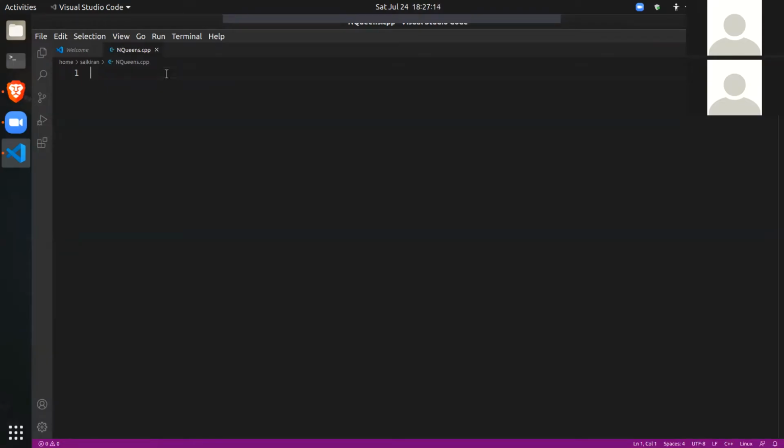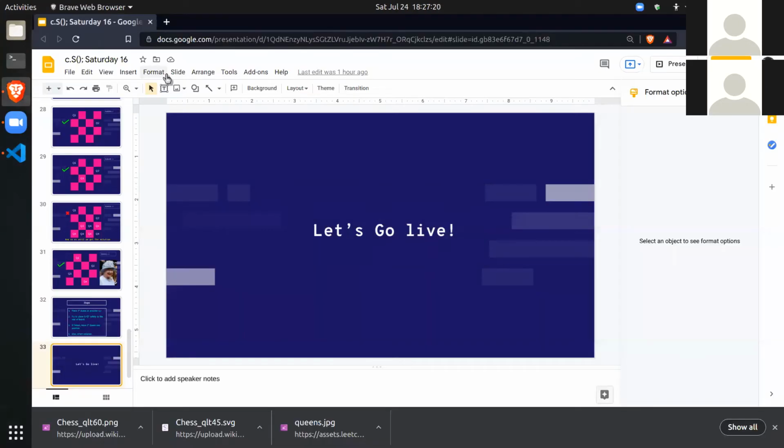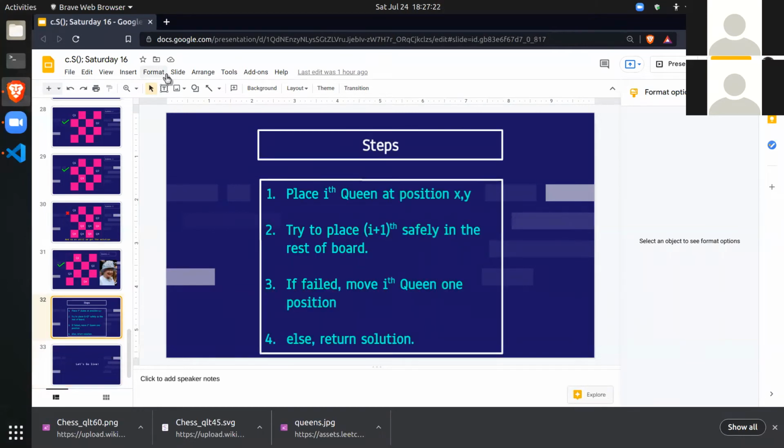Before we start coding, keep in mind the steps that I just talked about. So these are the steps, right? Placing the ith queen and trying to place the i plus 1th queen and so on. Note that placing an ith queen is not very different from placing the i plus 1th queen.